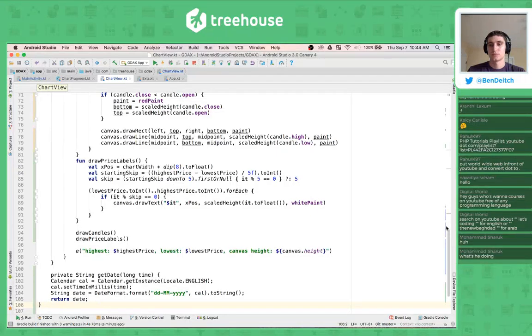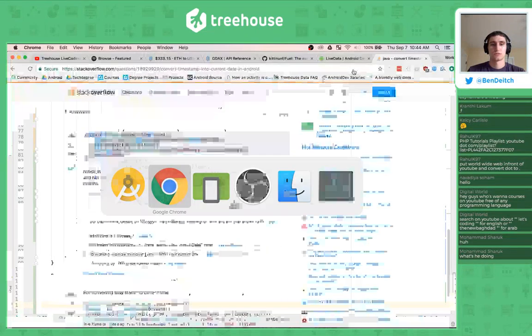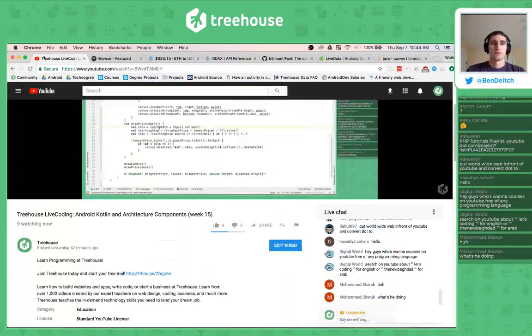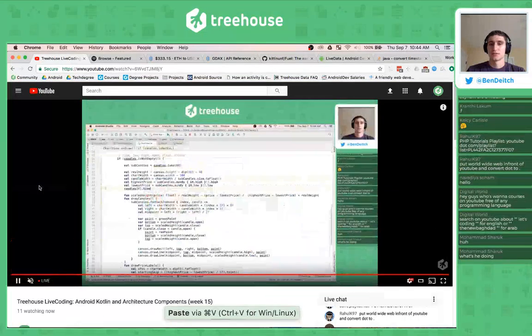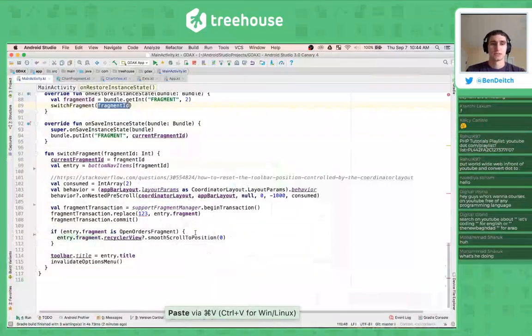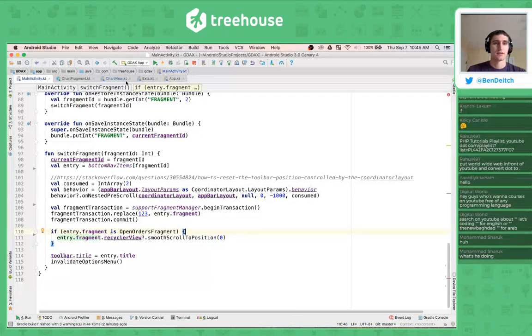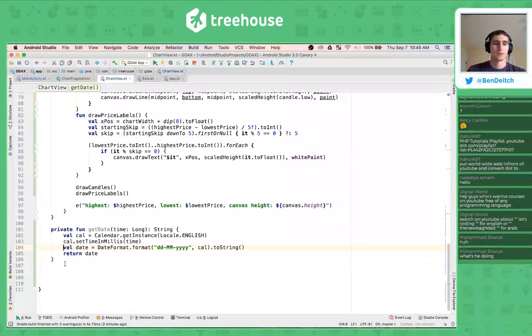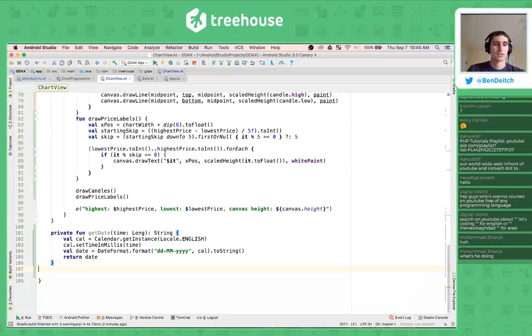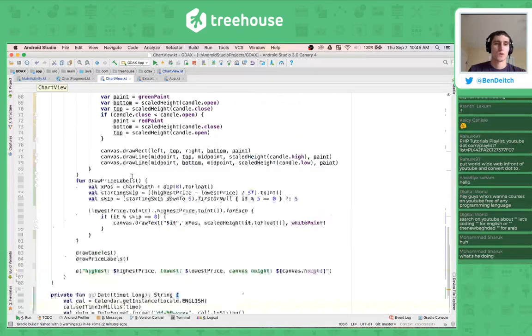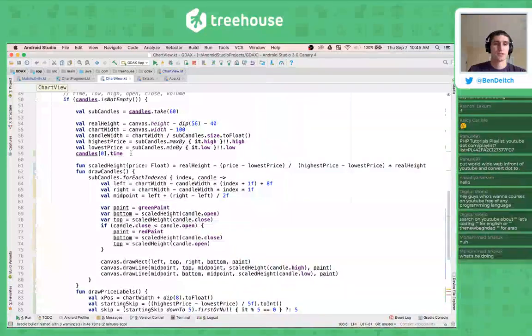Uh-oh. Android Studio seems to be frozen. Are we back? All right, we're back. ChartView, and it gave us this nice getDate function. So we're going to take our first candle and we're going to call getDate on that, and we're just going to log that